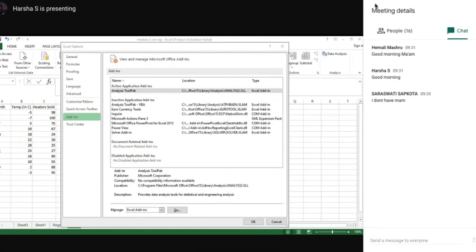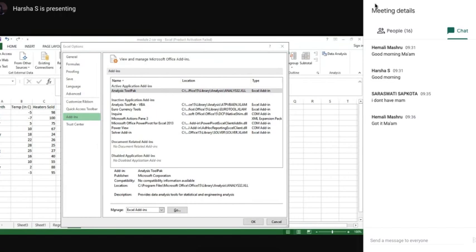Did you get it, Vaishali? Saraswati, you got that tab? Yes, ma'am, you got it. How about you, Saraswati? How about you, Titli? Himali got it. Perfect.